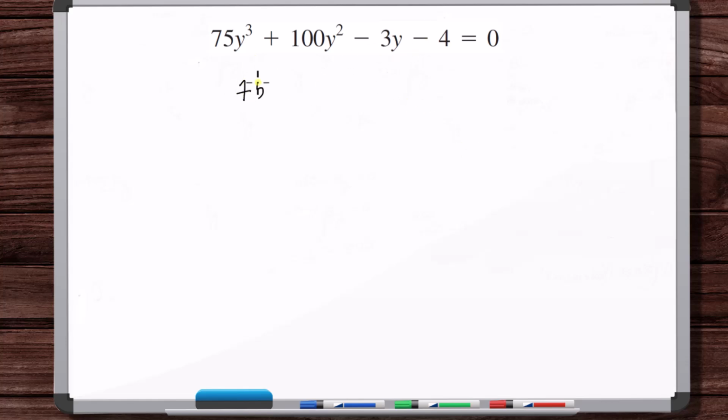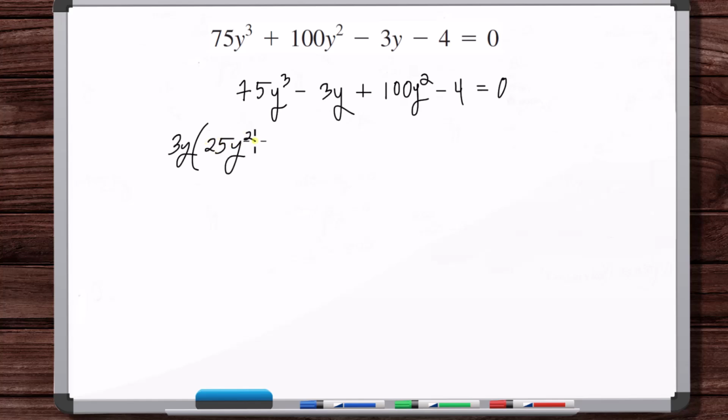So let's do 75y cubed minus 3y. That seems like a good match. Plus 100y squared minus 4 is equal to 0. Okay, so now we take out a 3y here, and we get 25y squared minus 1. Okay, and we take out a 4 here, and we get